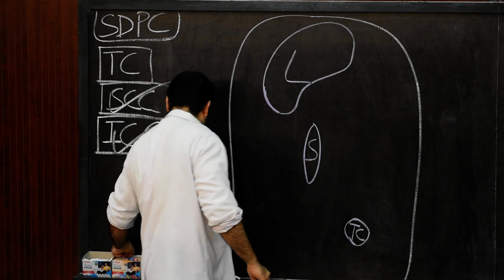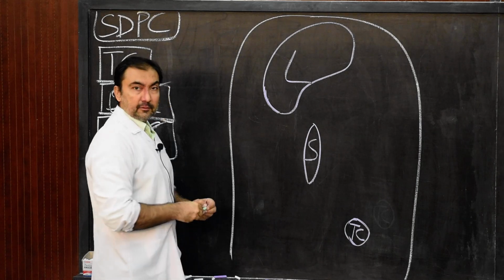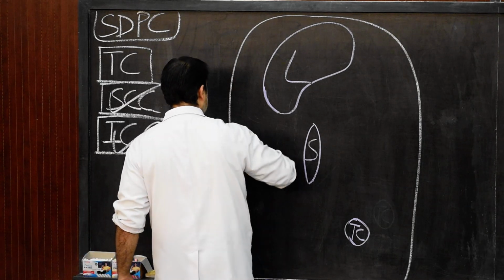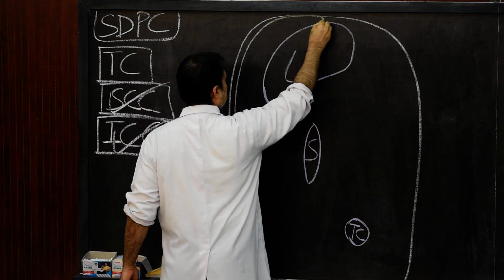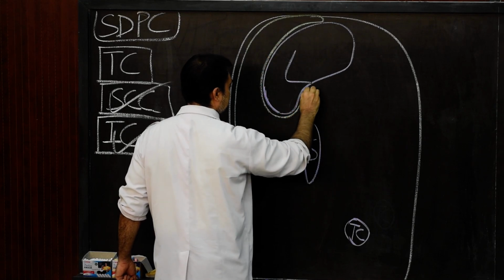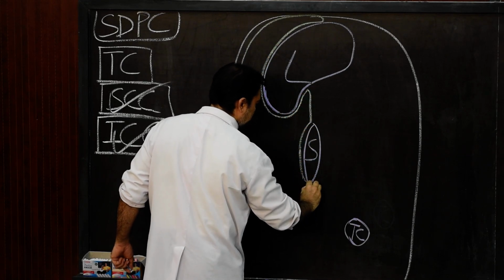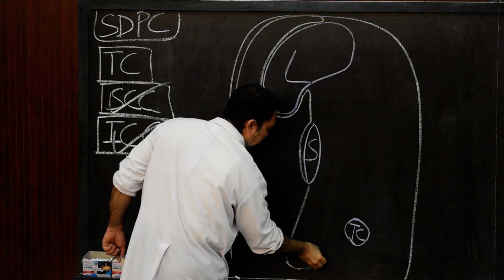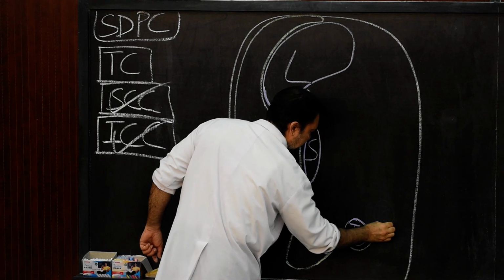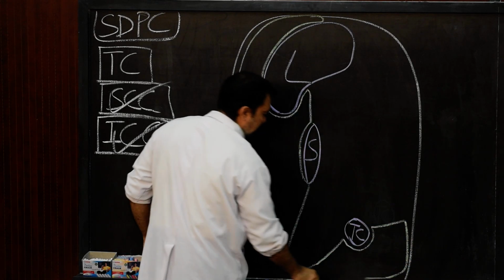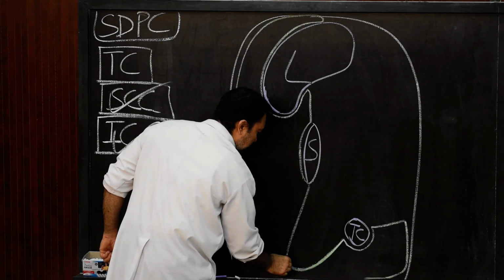Then we draw the lining of the greater sac. This also we have understood. This will be the lining of the greater sac, and then the lesser omentum, then it covers the anterior superior surface of stomach, then the greater omentum, and then it covers transverse colon and transverse mesocolon, and again down. So this is how we have seen.